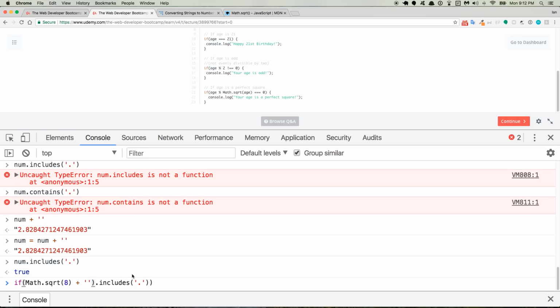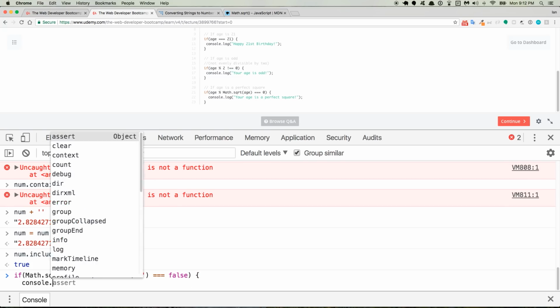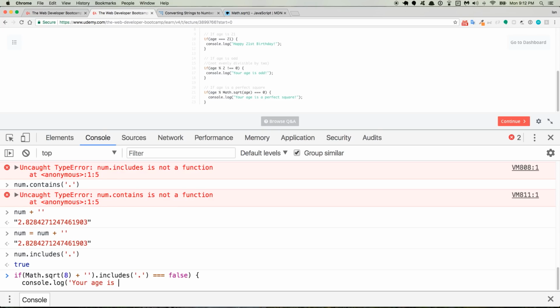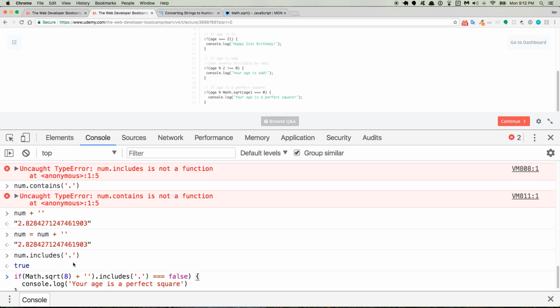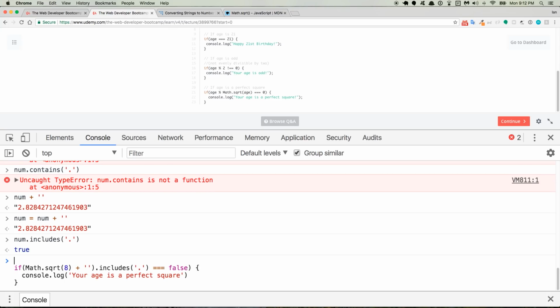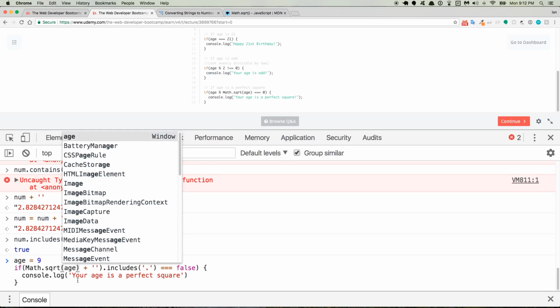So we can do a bang at the front of it that says if it's not true, or if you wanted to, we could say equal equal equal to false. So if it's not true, then we can say console.log your age is a perfect square. Okay, so I can't remember what age is right now, so we'll go ahead and reset it. So we'll say age is equal to 8, or we'll go ahead and do 9 since it's a perfect square. We'll plug in age right here,